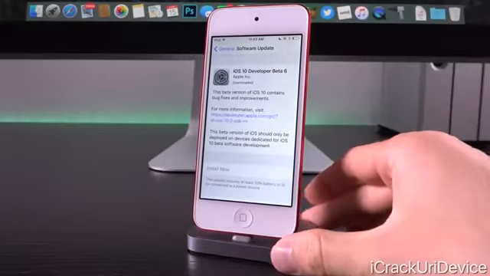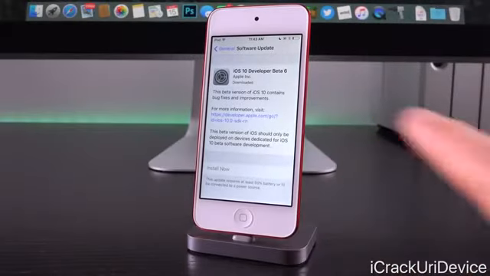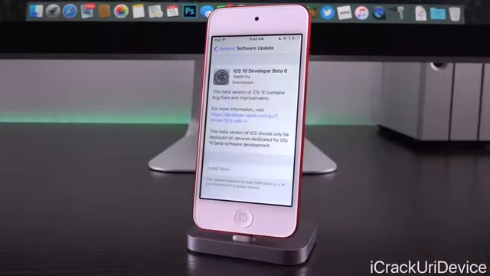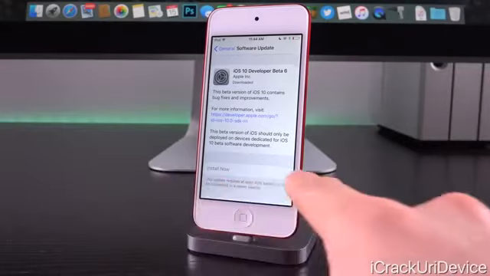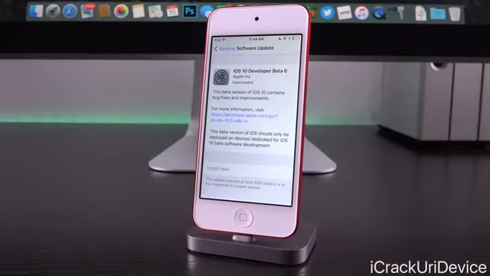Again, we have iOS 10 Developer Beta 6, and then all you have to do once it is downloaded is just ensure that you do have at least a 50% charge level or that your device is plugged in, and once it is, then you can, of course, tap the Install Now button down below at the bottom, and it's as easy as just waiting. That's all you have to do. Everything will be taken care of on device. You don't need a computer for this.